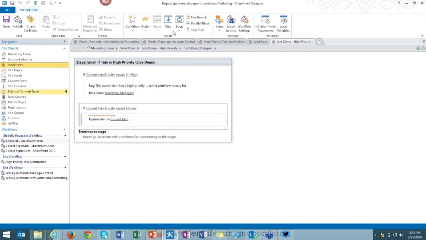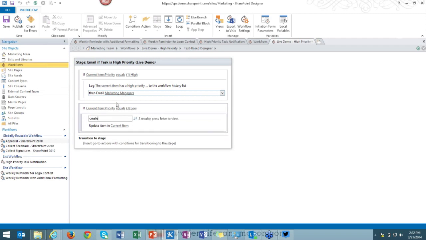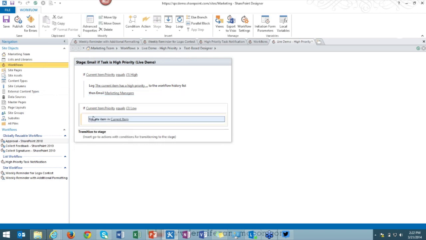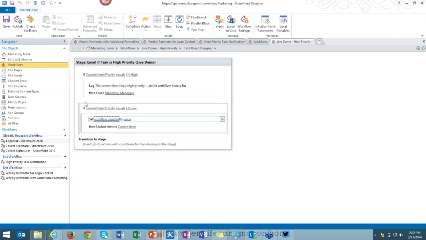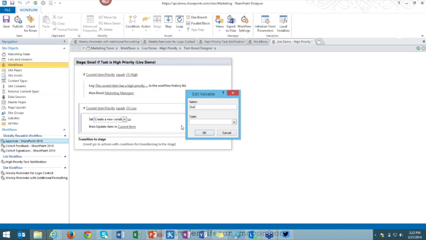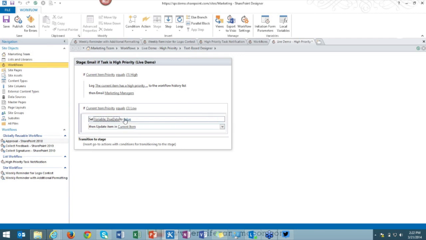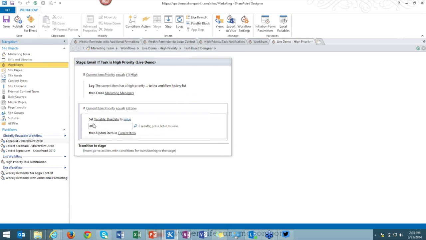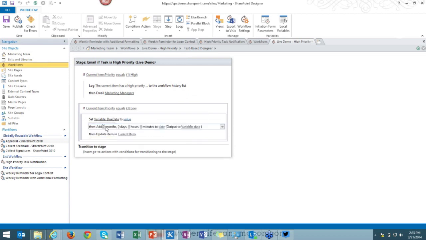Let's see, so we've got a set workflow variable. So we're going to create a new variable and we're going to call it due date. And we're going to set the time equal to a date. Okay. And then we're going to set it to a value. So we might want to do today plus certain things. If we wanted to add time that way, we could also use the add time to date. So we might want to add 6 months